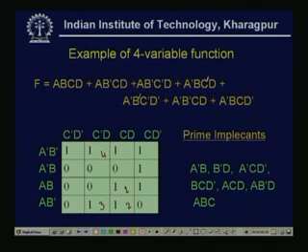So, this is my 1, 2, 3, 4, this is my fifth minterm. Okay. Then sixth is A bar B bar C D, this is my sixth one, and seventh one